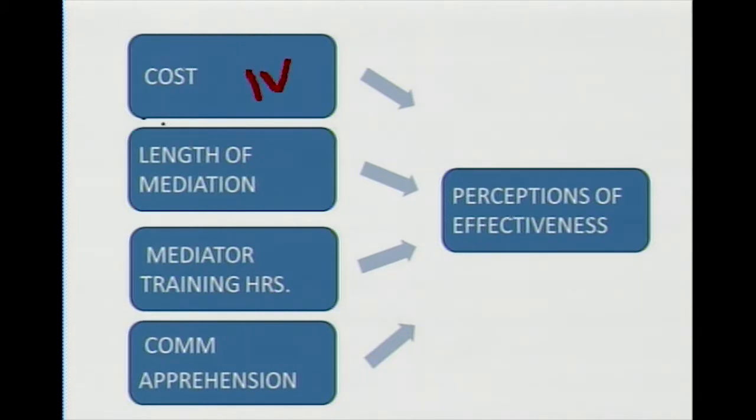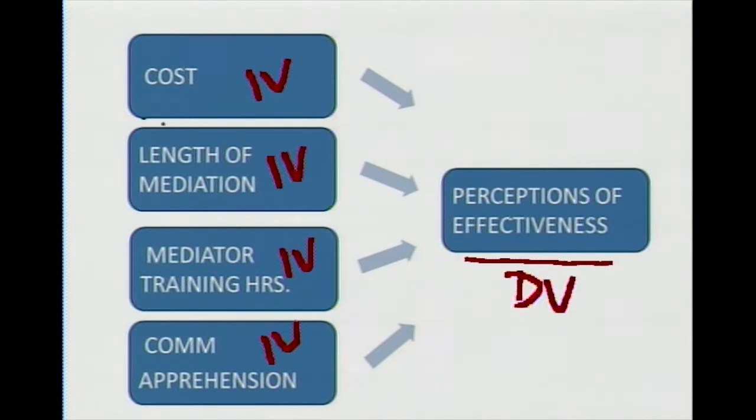Okay, so here we see a chart that shows you multiple independent variables. And so here's an IV, here's an IV, here's an IV, and here's an IV. And these are all independent variables. And now we're going to look at their impact on a dependent variable. Remember before we just looked at this relationship. We just looked at the length of mediation. We said 14% is accounted for by the length of mediation on what I perceive to be effective.